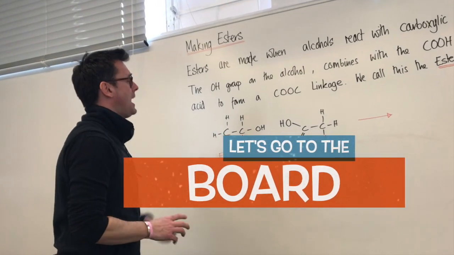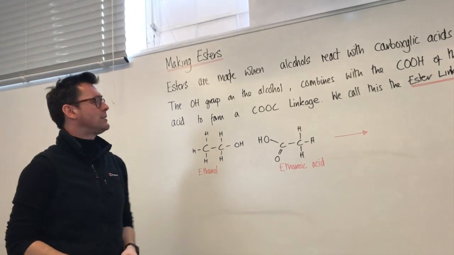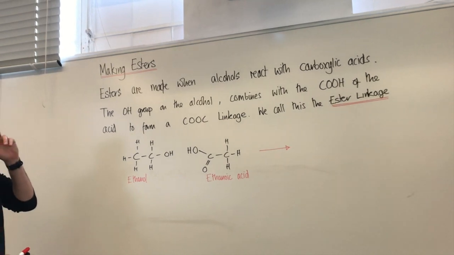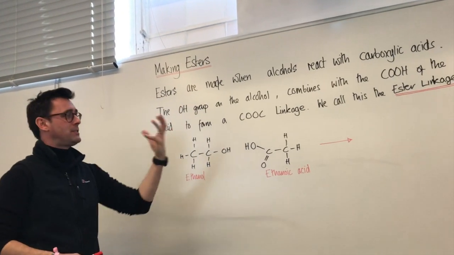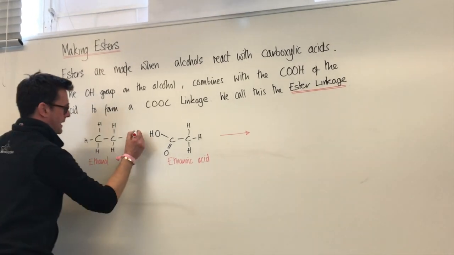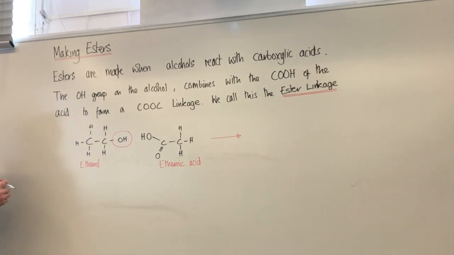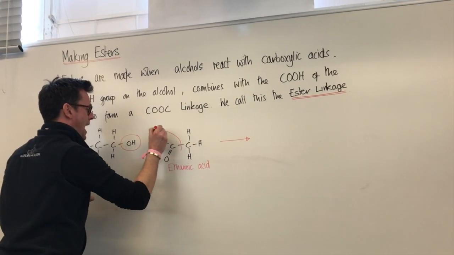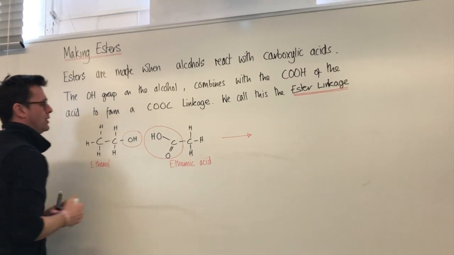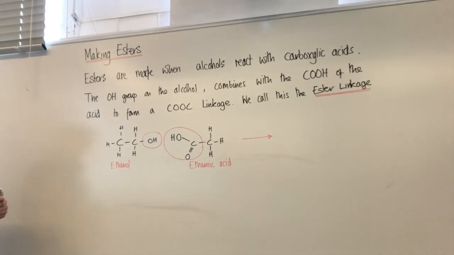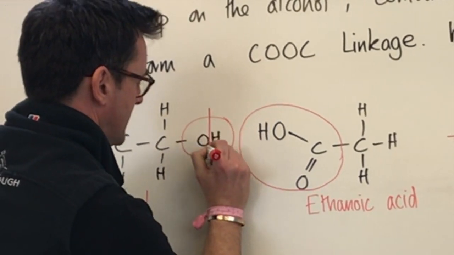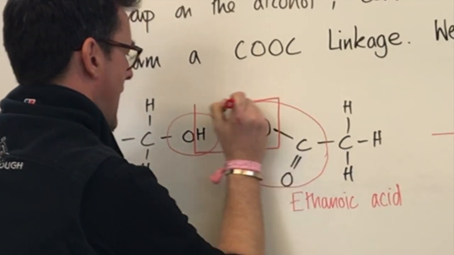So we've come up to the board here. We're writing in our purple books, just making a few notes with regard to what we've discussed over in the back there. What we've got here, making esters. So esters are made when alcohols, we mentioned the alcohols, react with the carboxylic acids. The OH group on the alcohol, that's this bit here, reacts with the COOH group of the acid. And effectively what's going to happen during the course of this reaction is that this is going to react to